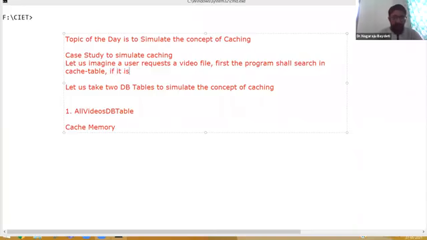If it is available, the user will get the video from the cache table.